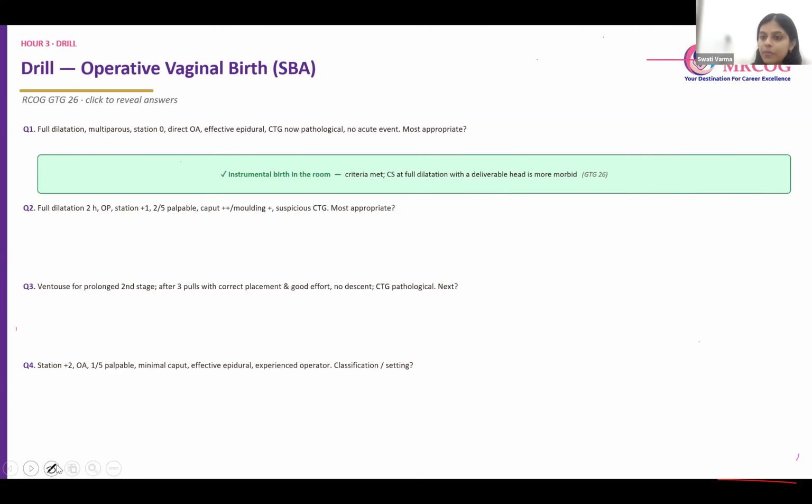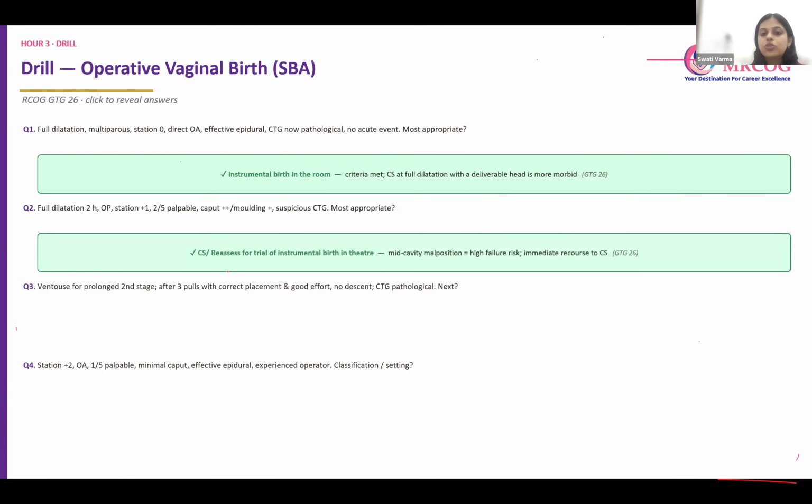So depending on the type of options which you are getting, you will choose your answer. Might be cesarean section, might be reassess for trial of instrumental birth in theatre. Here mid cavity is there and head is 2/5 palpable, so there is high failure risk. So if she becomes eligible for instrumental birth, immediate recourse to CS is necessary, hence it should be done